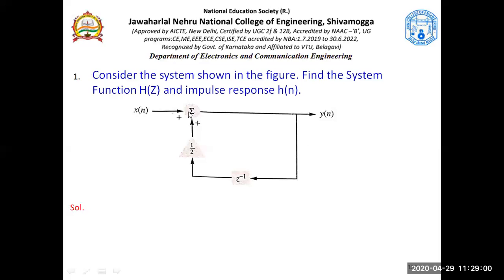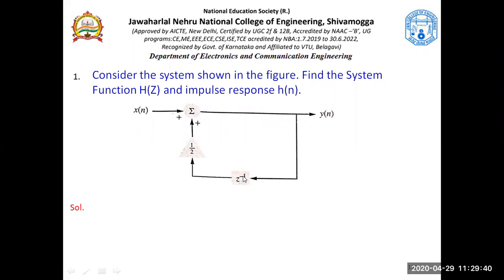Now what operator is this? This is summation operator. Now there is an x of n coming. So this x of n is positive, so whatever comes here, this is plus x of n is what you need to take. Then whatever comes in this path, this is called the feedback path. A part of y of n is being fed back to the input, and when it comes to the input, it gets added with the input because we have summation here. So it is x of n plus what is coming here. What is coming here? See, this y of n is tapped here. This y of n is being fed back, and it is being fed back through a block which is z